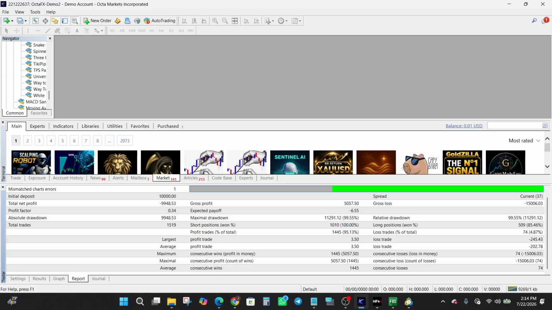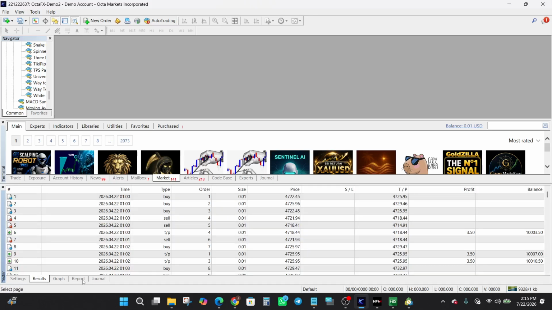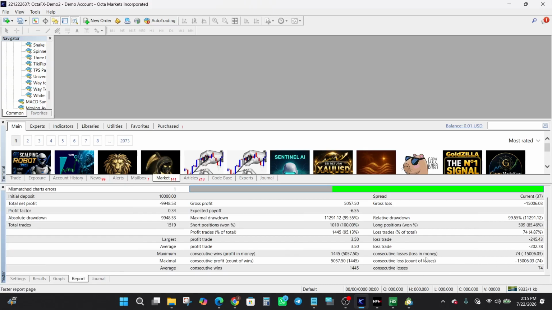Now, to wrap up this review, Orion Gold Scalper version 4.0 offers an automated approach to lower time frame gold trading with a high frequency of winning trades. However, based on the historical testing observed, the risk to reward ratio and the drawdown characteristics require careful consideration and strict risk management. We can see that, just like we saw in the report of the consecutive wins and losses,